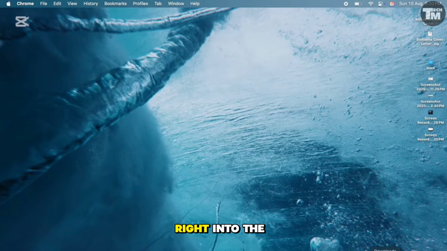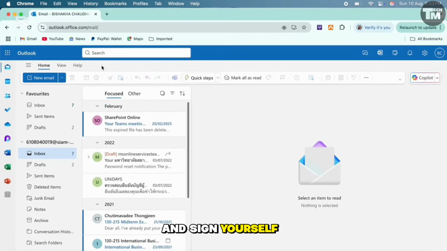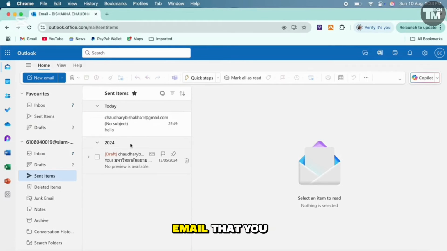Now let's get right into the tutorial. Firstly, go ahead and open Outlook on your device and make sure you are signed in, and if not, then go ahead and sign yourself in. Now, tap on the Sent items from the left side toolbar and further, double tap on the email that you